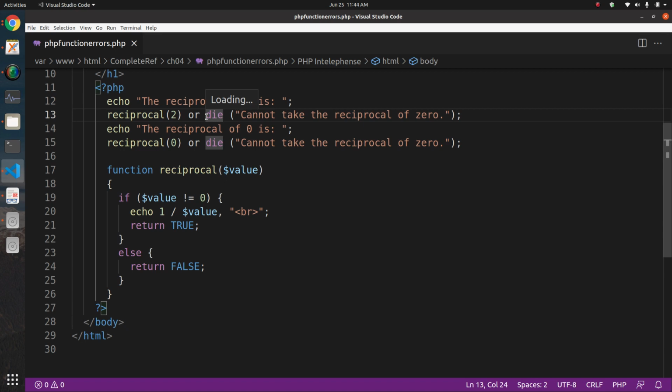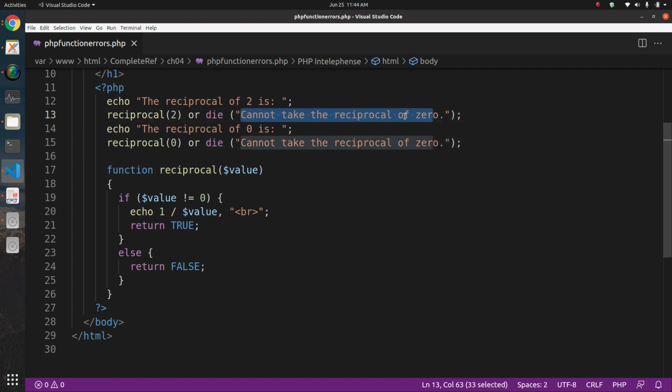Die is a PHP function that you can associate with your function. So what you did is, the function returns true or false. In the true case, only this part will be done and this part will be ignored. And if your function is returning false, then this part will not do anything, but you will get this message. Die will be executed and you can provide your own message there.